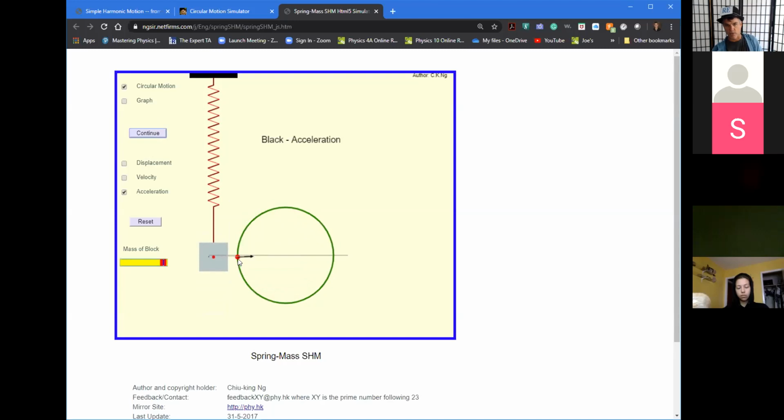Here, the y component of the acceleration vector is 0. At the equilibrium position, there's no stretch or compress. I have the acceleration at 0. Okay, let's go back to